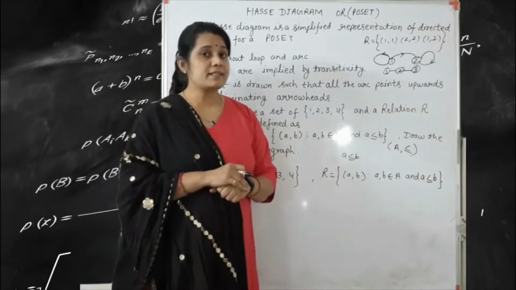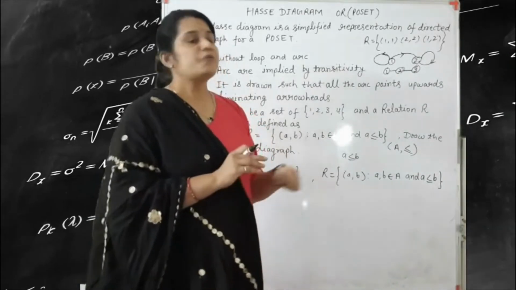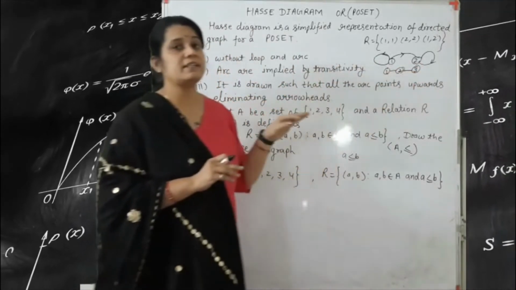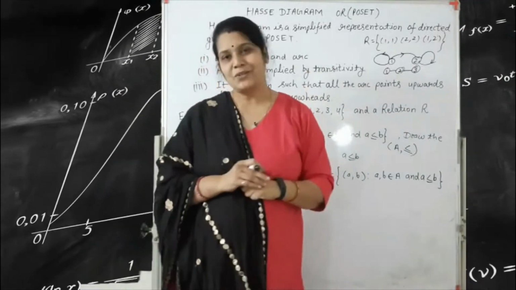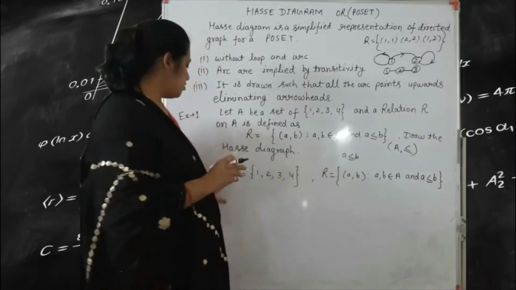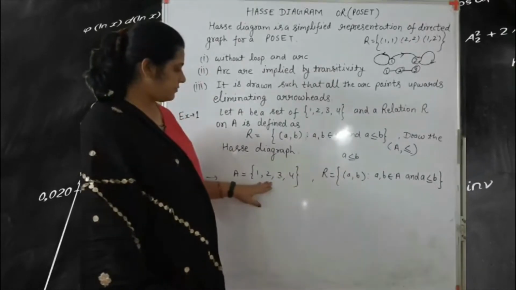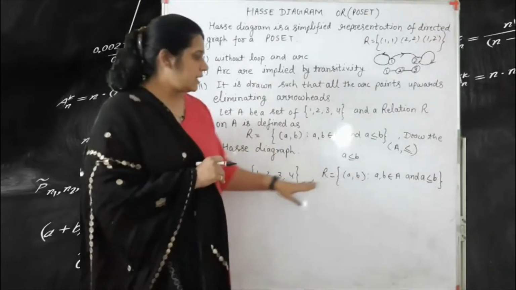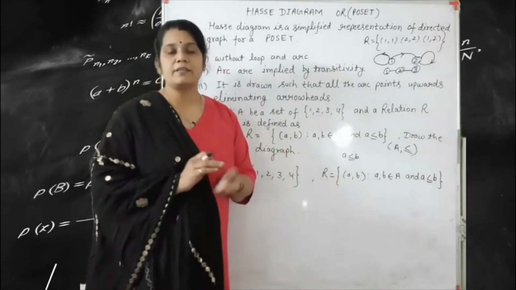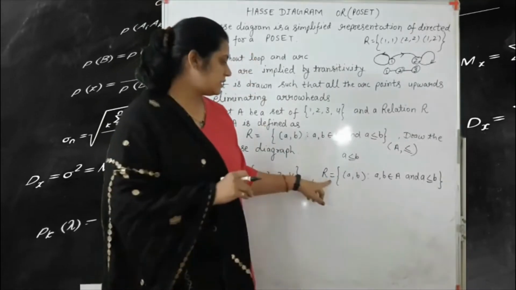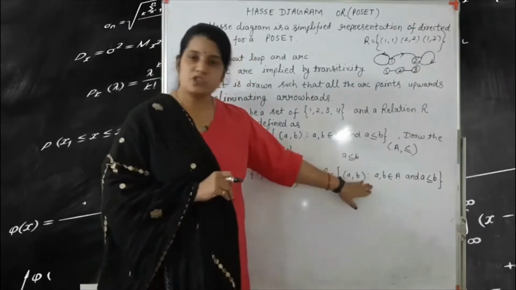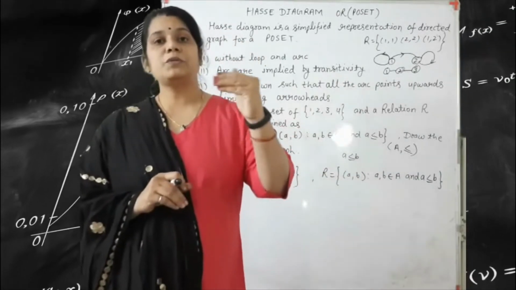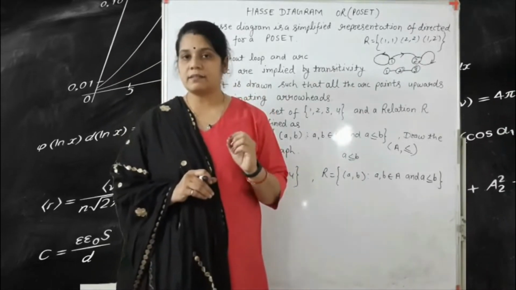So what do we mean by the Hasse diagram? It means we remove all the loops and all the edges, and then we map it with the help of the transitivity relation. So for the solution, first we write the set A = {1, 2, 3, 4} according to our question. With the help of this set A and the less than or equal to sign, we map the relation set. The relation is (a, b) such that (a, b) belongs to A and a is less than or equal to b.